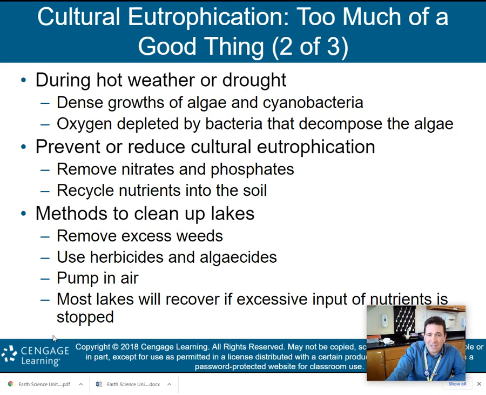So what do they do? They kill weeds and they kill algae. So you're not going to have this eutrophication occur. Pump in air. So if you wonder why sometimes you drive around and you notice, like, in a pond